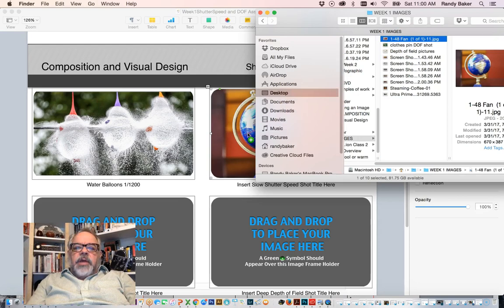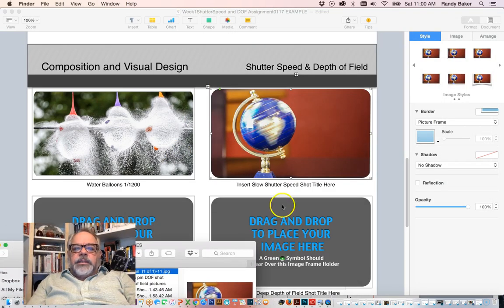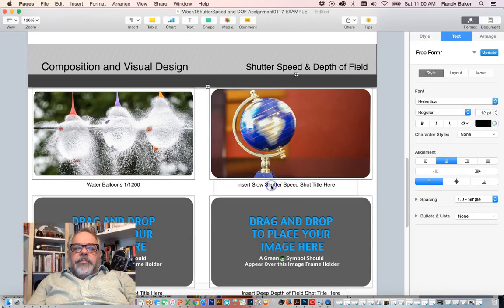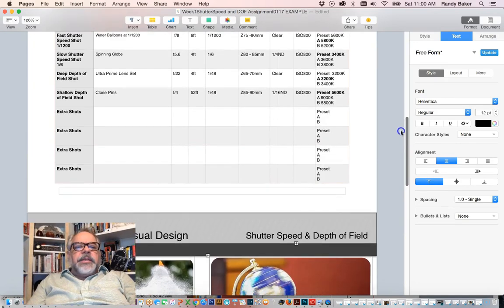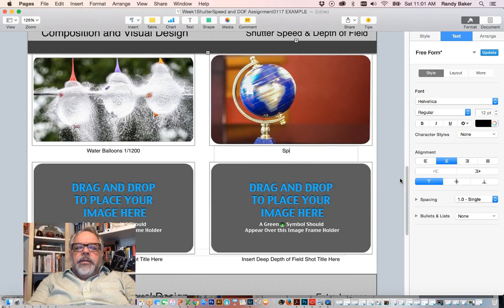And I just drag and drop that in there, and you can see it dropped right in there. And then I typed this in, and what did I call this? I called it the spinning globe. I'm just going to say slow shutter speed. I'm going to say what it is. Globe 1/6